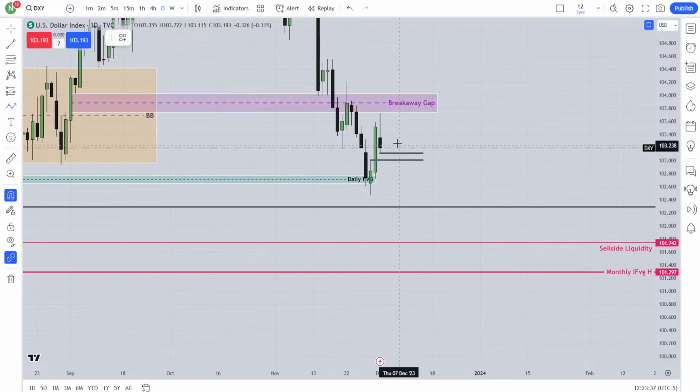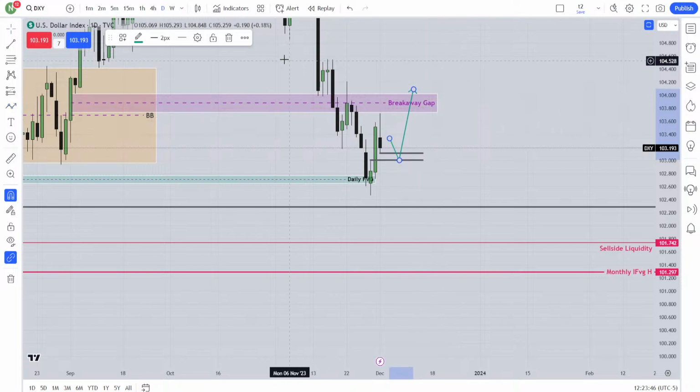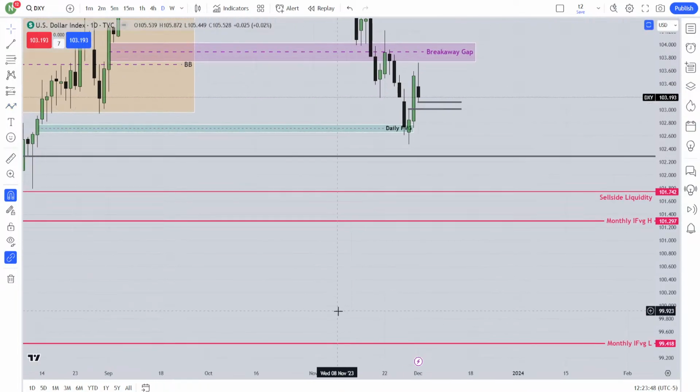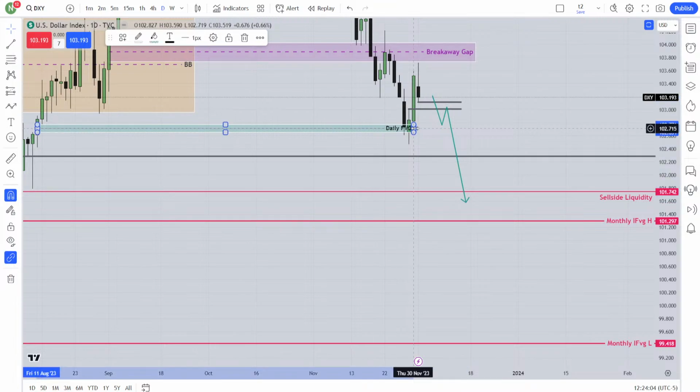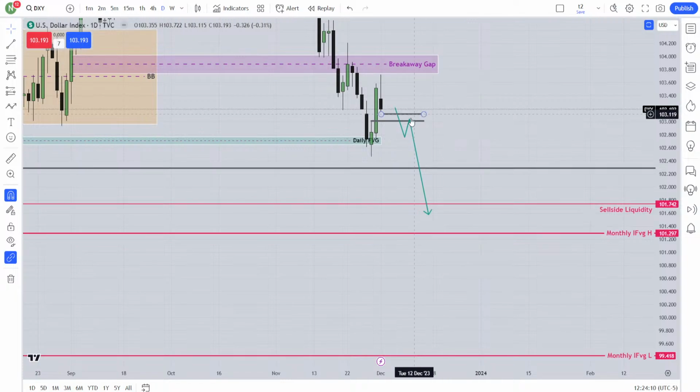If I see price come to this fair value gap, this fair value gap has hold the price, sent it back, it went through this breakaway gap, I will never expect it will go lower again. If I see price went through this fair value gap, try to understand brother very clearly, it went through this fair value gap, it will come back again to this fair value gap, it is going to take that sell side liquidity. Okay, in that case maybe we can use this daily fair value gap as well, that is later. So now you have two direction depending on that only fair value gap. You have two direction from daily chart.